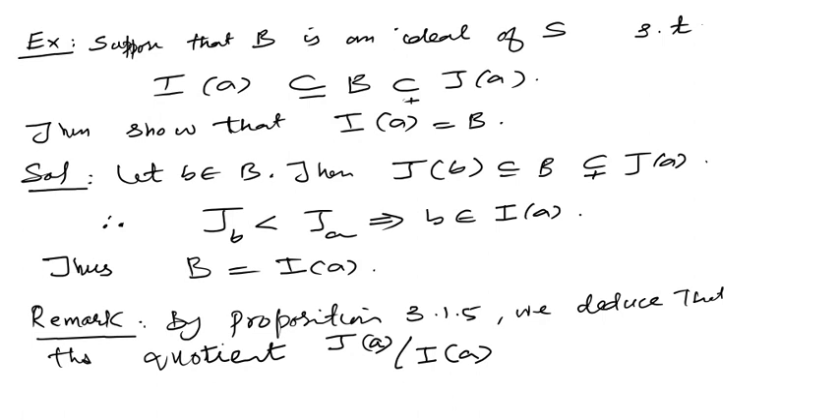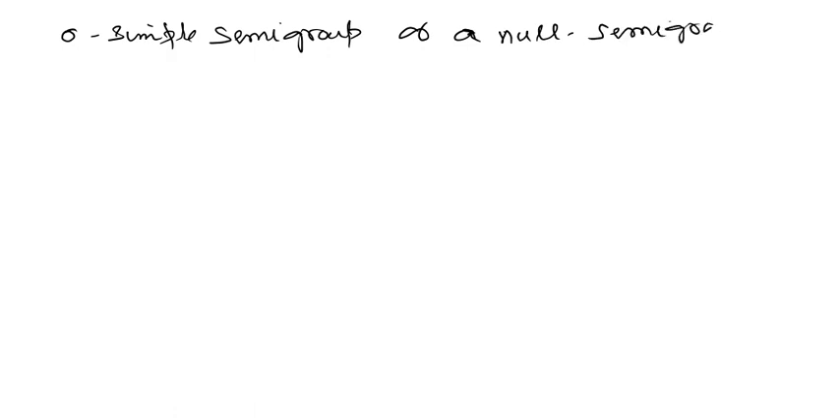is either a zero simple semigroup or a null semigroup. So by that proposition, these semigroups Ks and JA over IA, where a belongs to S,